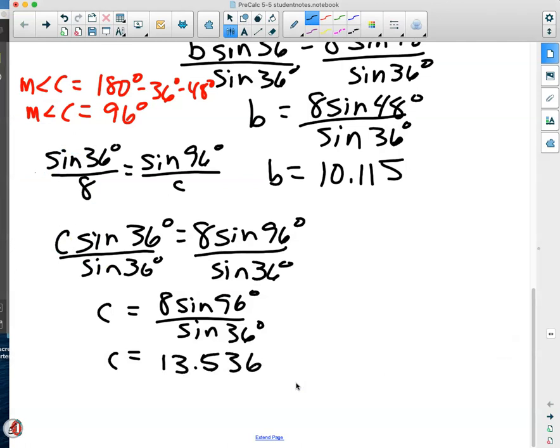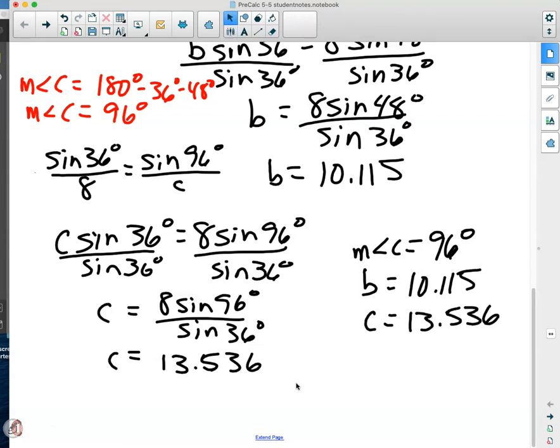And then usually at this point I just stop, check for labels again, but then I take stock of, all right, what did I find here? Because I'd like to have all my answers in one spot. So I know the measure of angle C, that came out to 96 degrees. I know little b, that was 10.115, and there was no label in this problem. If you wanted to, you could put a lowercase u for units, but we don't require that. Little c is